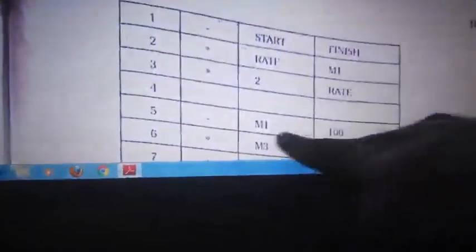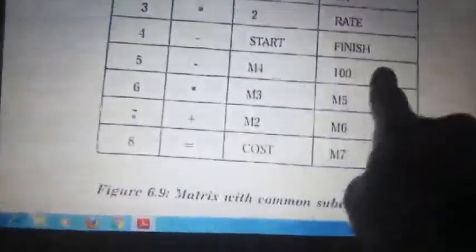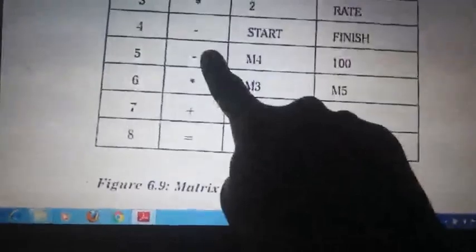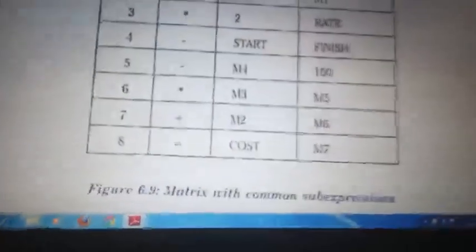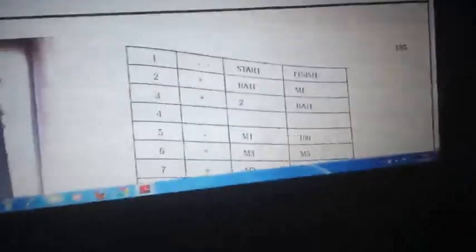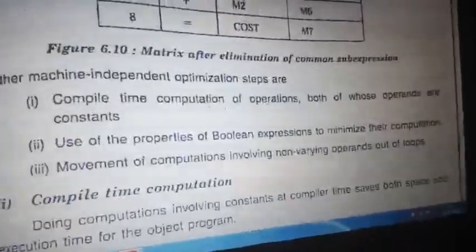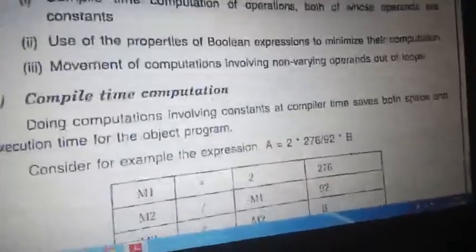Instead of that, we'll skip that line number and use that M1 result to multiply with 100. So the same multiplication, start minus 100, finish. Whatever data you get, you multiply with 100 or subtract 100. This value you already got in the line number, so skip that term. This is one type of code optimization. It does not depend on the machine. Clear?